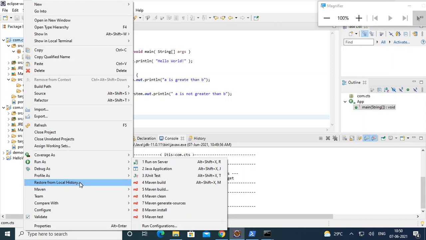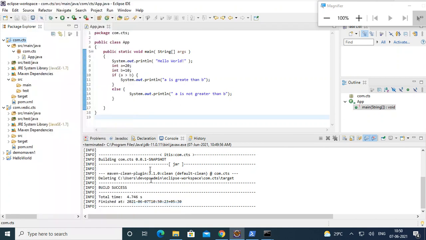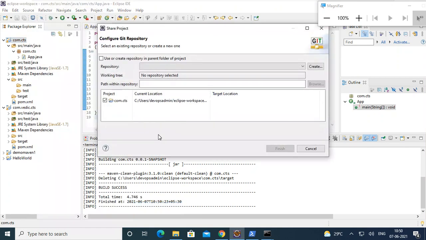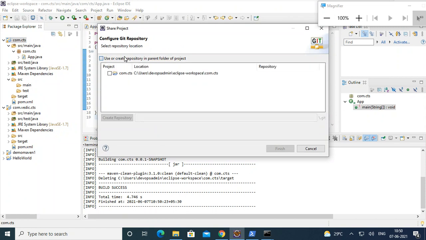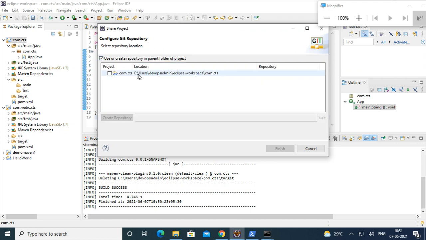Where is this Team, Share Project? Yeah, this is the one. This is the project. Okay, create a repository. Select it. Just create a repository.